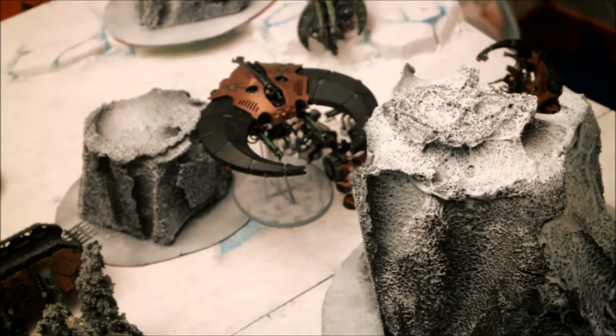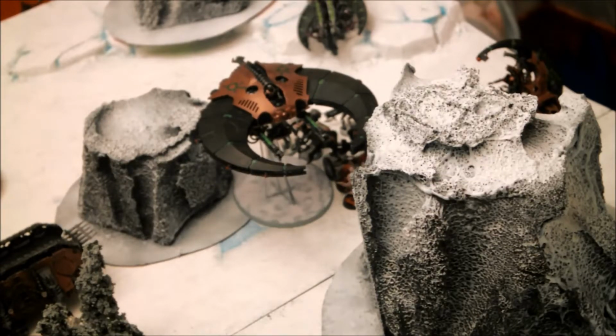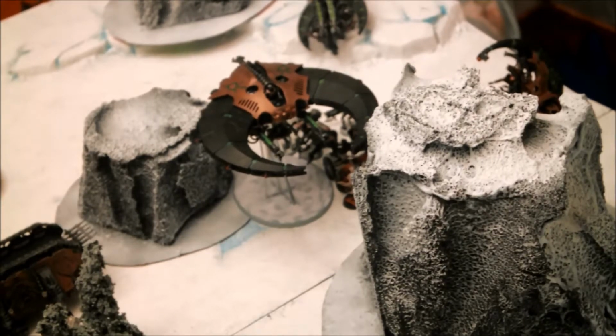Oh, Heldrake came in, did nothing, but it did make that thing jink. So next turn it will be shooting snapshots. It made its 4-up save when it jinked. Heldrake missed with 3 of its shots. So that is it. Let's see what I got. I got objective 2. Did I get objective 2? No, did not get objective 2. I had 2 of those. And then objective 3, which is...